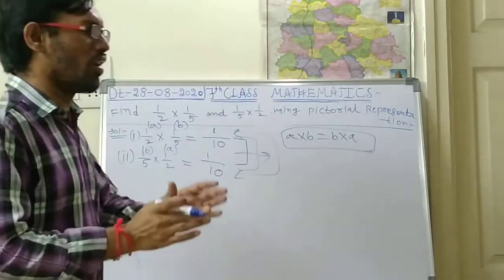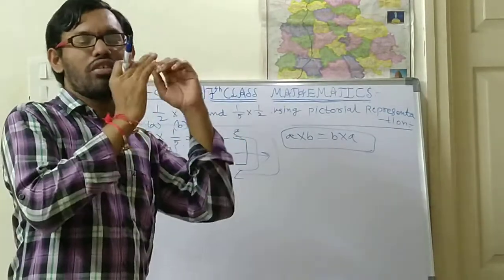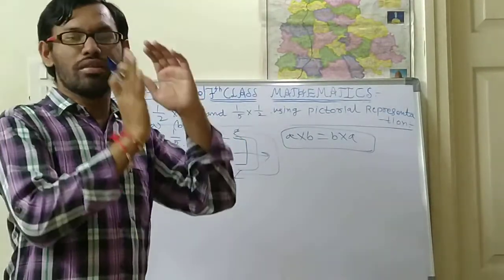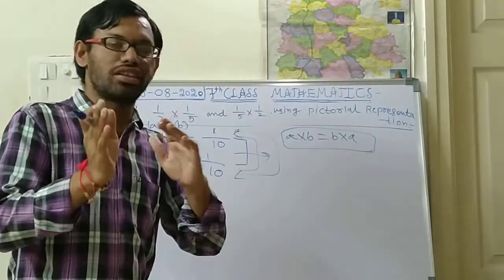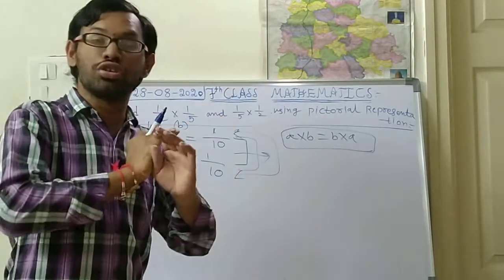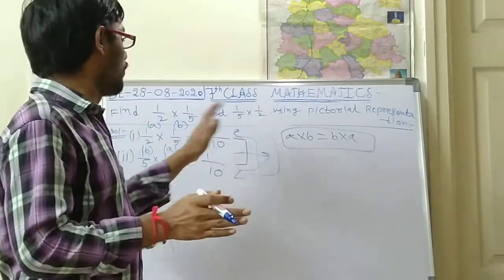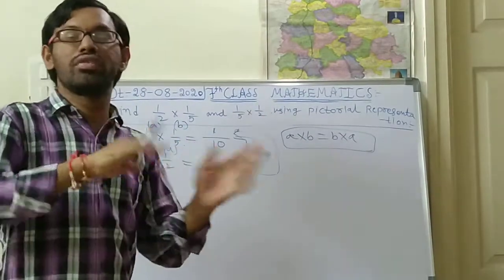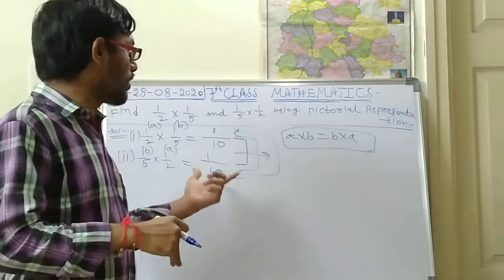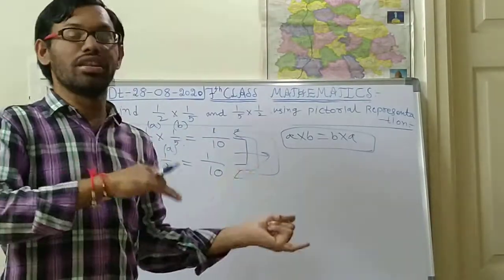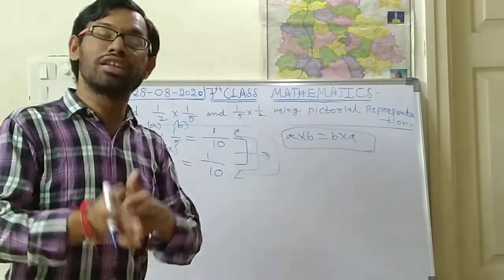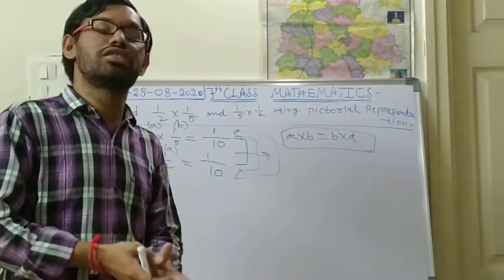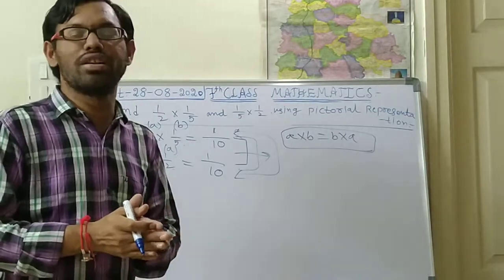So every chapter is linked with each and every chapter. Suppose in the first chapter we have discussed integers. So in that chapter only integers will come, and in another chapter properties won't come. You should not think like that. In every chapter there will be a link with another chapter. In fractions, geometry is coming, daily life usage is coming, properties are coming, and even polynomials or business mathematics will come.